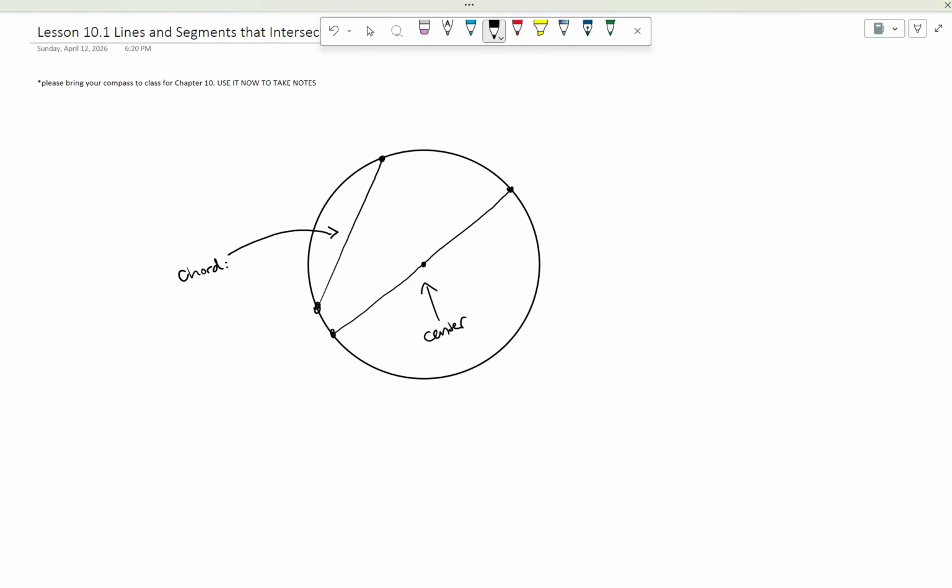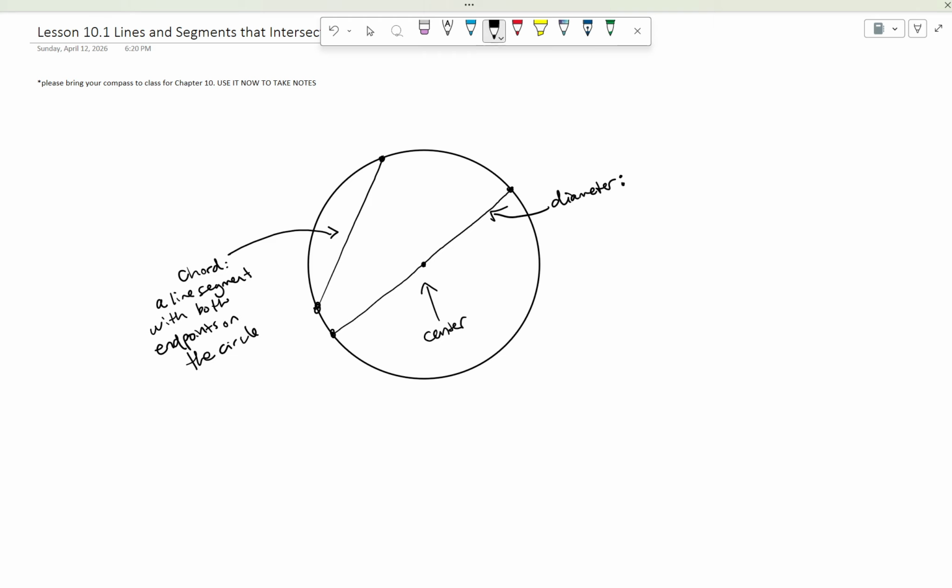And a chord, by definition, is a line segment with both endpoints on the circle. So the question is, this line right here that I made, this line segment, is it also a chord by definition? And yes, it is. Now, specifically, it's what's called a diameter,